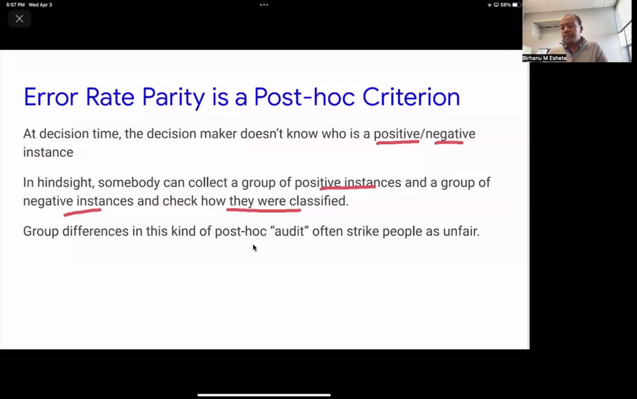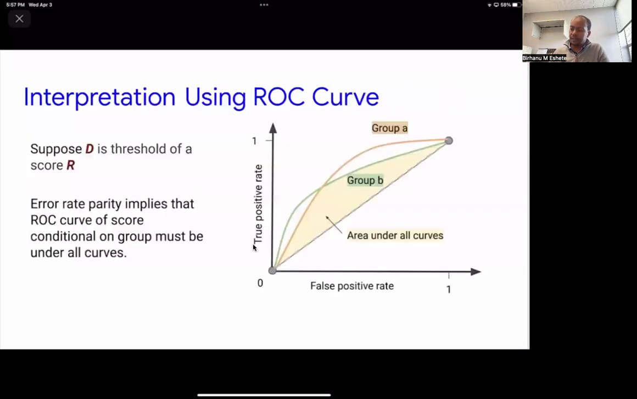But the group differences in this kind of post hoc audit, because that's what we're doing, often become very unfair against people. And a better way to look at this is to look at, for example, what we call the ROC curve, which is typical in data analysis and machine learning, right? So what we're doing here is we're going to plot false positive rate versus,